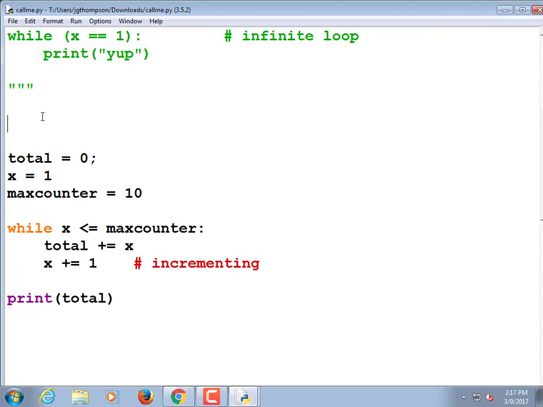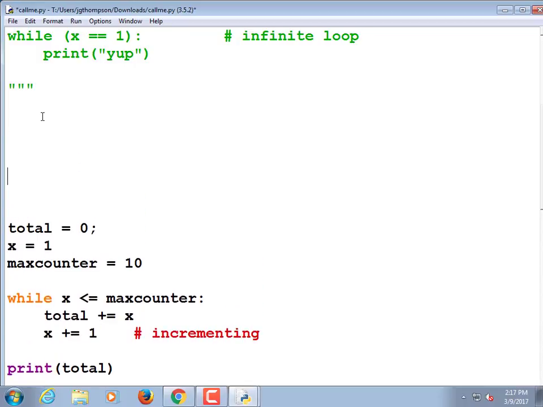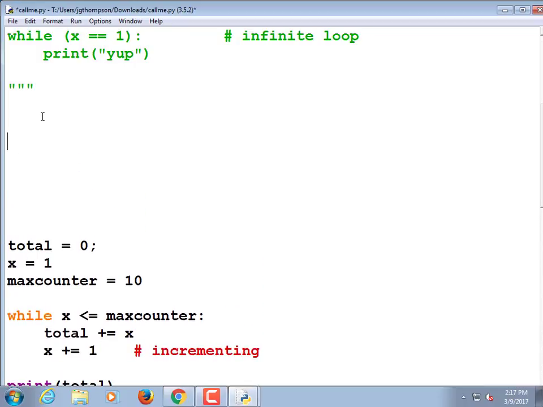Now we're going to do the same thing with recursion. We're going to call this summation. Summation is a technical term for when you calculate the sum of a series of values. So define summation.